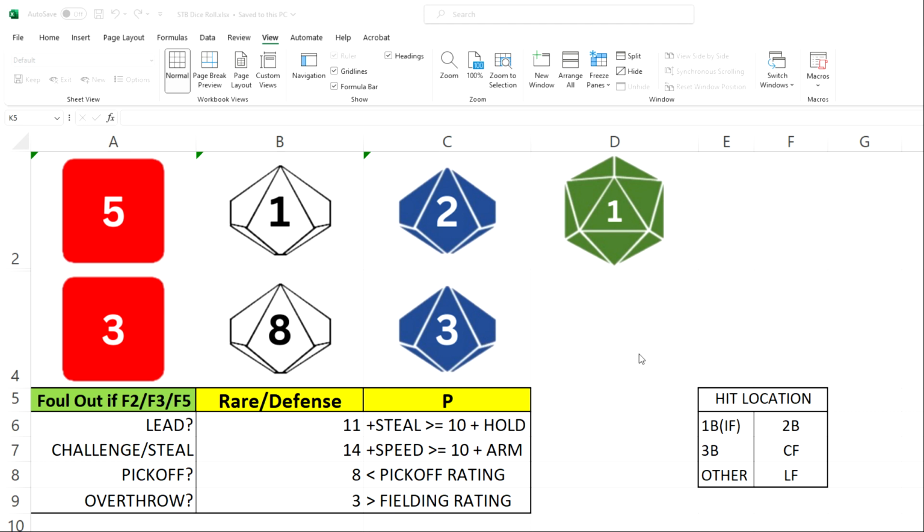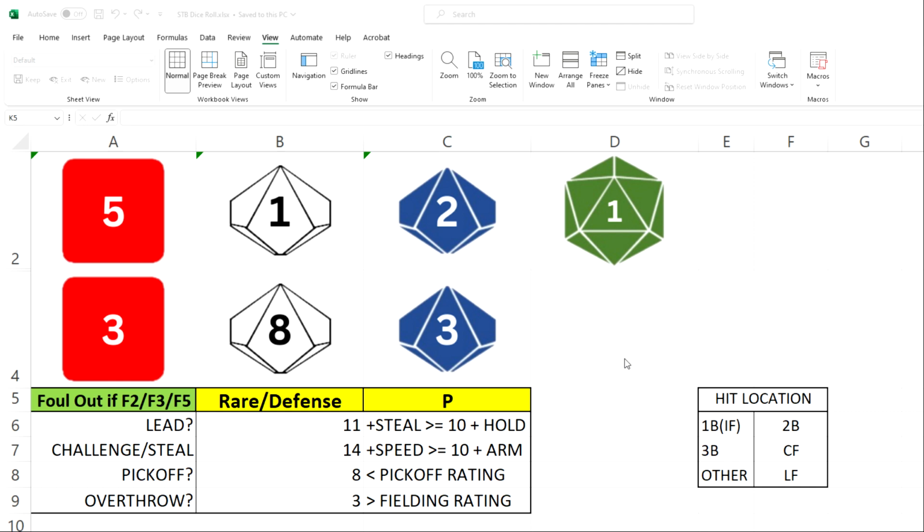Anyway, what I did was take the images of the dice from the season ticket baseball rules so that they look like the tops of a 6-sided die, a 10-sided die, and a 20-sided die for the auto manager. In addition to that, I know there are dice rollers out there, but I put a little cheat sheet in here too to help me while I'm scoring get used to some of the things that it'll probably take me a few games before they are